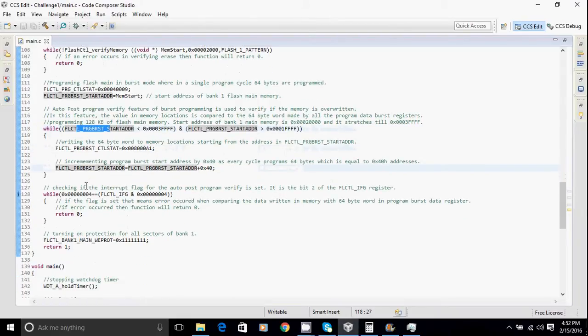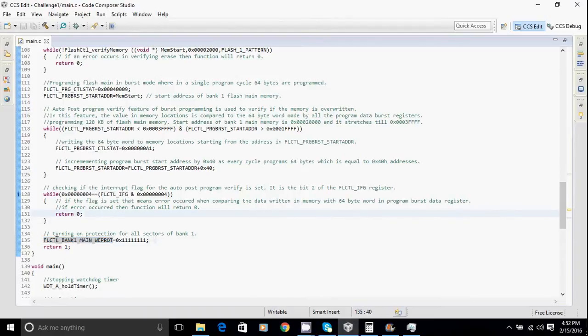If ever there was an error in writing the data, programming the main memory, then the interrupt flag register will be set for that particular flash control register, and we are comparing the same here. If there was an error, then 0 will be returned by the function.